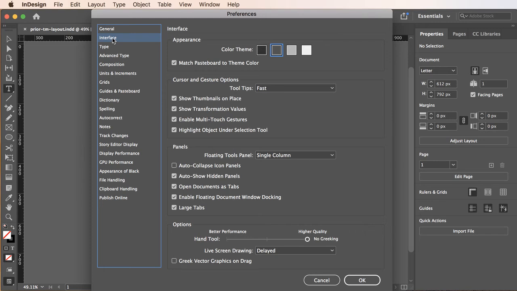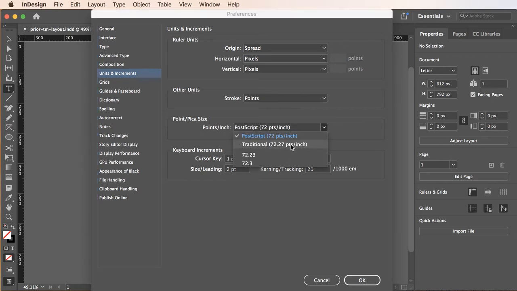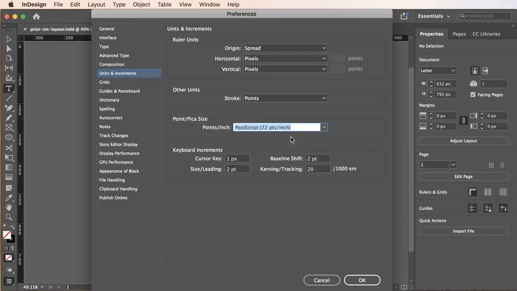Now I'm going to first go to Units and Increments, and you will see that, in fact, because when we set up our document, we changed our units of measure to pixels. Okay? And you'll also see point pica size, points per inch, 72. What I'm going to show you here is this is traditional. All right? But it's more difficult to calculate, so we just round it to 72. And I don't believe there's anything else in here we really need to deal with at the moment. So we will click